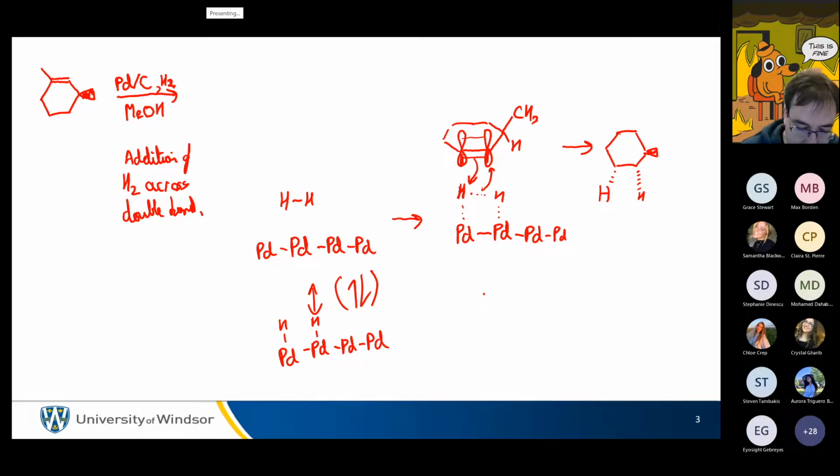Because this is actually coming down onto a surface, and it's got a methyl group on the top, it's not going to attack with the methyl group coming down onto the surface. So it'll get in the way, it'll be bumpy, right? It brings the unhindered side down onto the surface and the hindered side stays up. So the new hydrogens are going to be